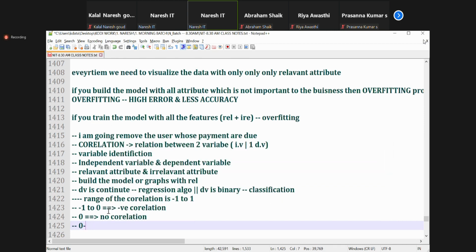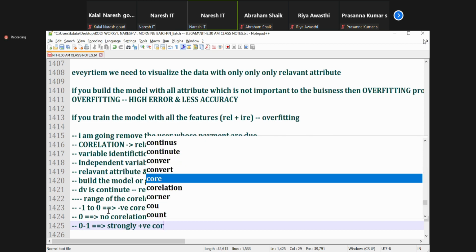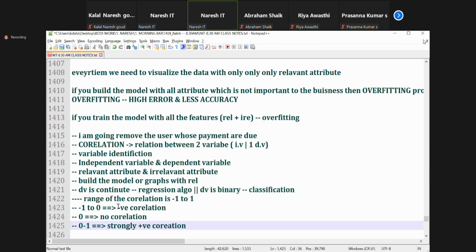And 0 to 1 means what type of correlation, guys? Strongly positive correlation. And this is strongly negative correlation. Understand, team?